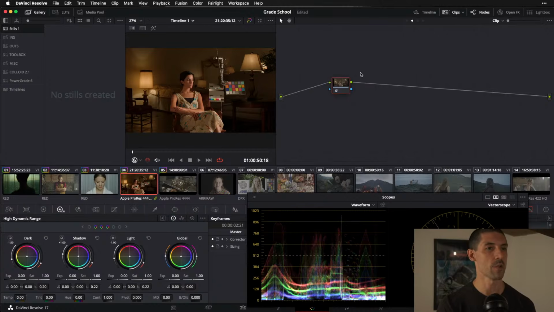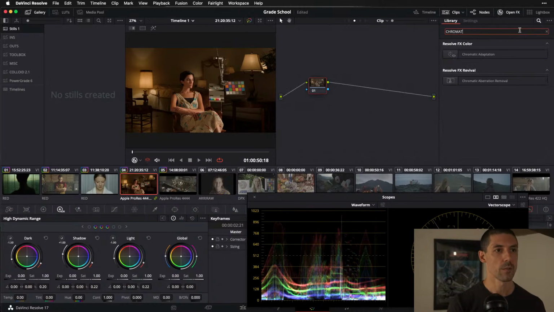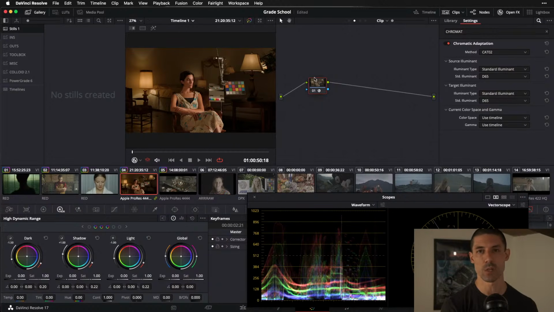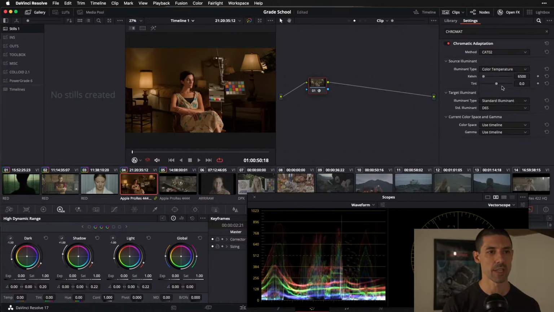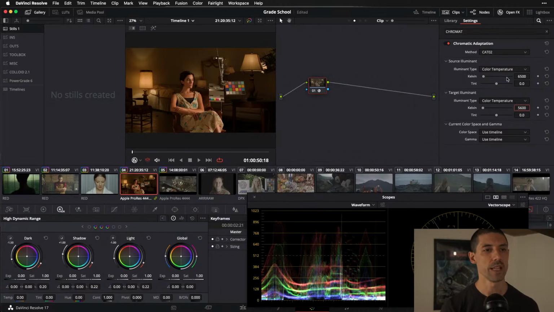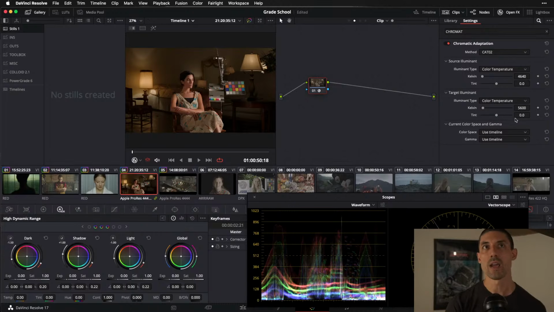And the only other solution I would throw out that you might get slightly more accurate results on would be to use chromatic adaptation. So, hypothetical example, let's say in the case of a shot like this, I'm going to set my illuminant type for both source and target to color temperature. And I'm going to say that I have a target of 5600. And let's say that I know that there was an offset in my light source, for example, that while my light source was supposed to be 5600, I realized, oh man, I left a full CTO over my key light, meaning that my key light was effectively moved down to 3200